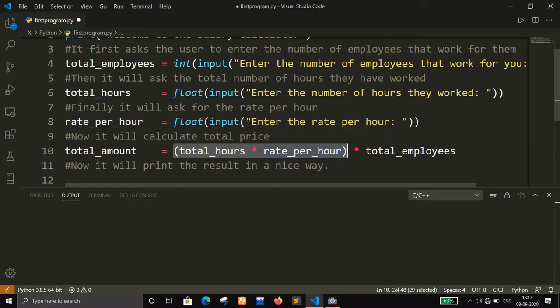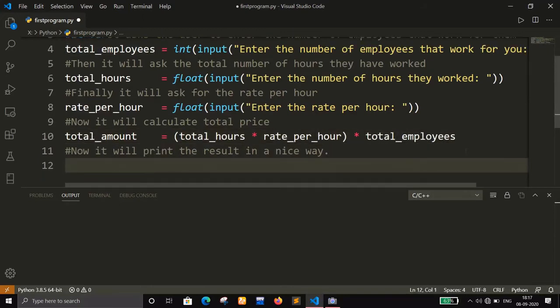And this is actually the cost for one employee. And this, if we multiply this with this one, it will give us the total amount. Okay, and this is the formula. So now we will just print it in a nice way. We'll just put print function, and we will say this one